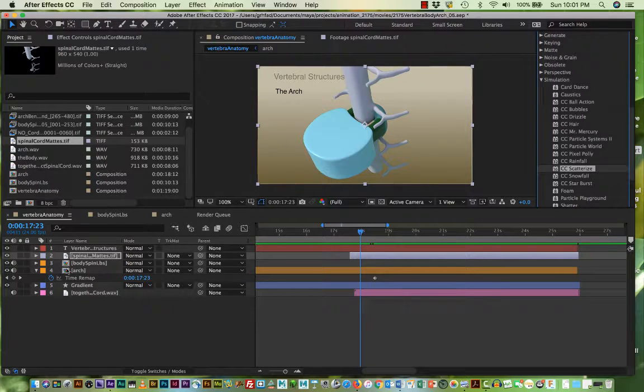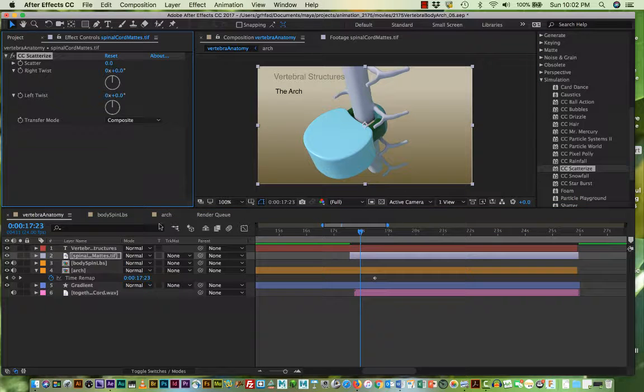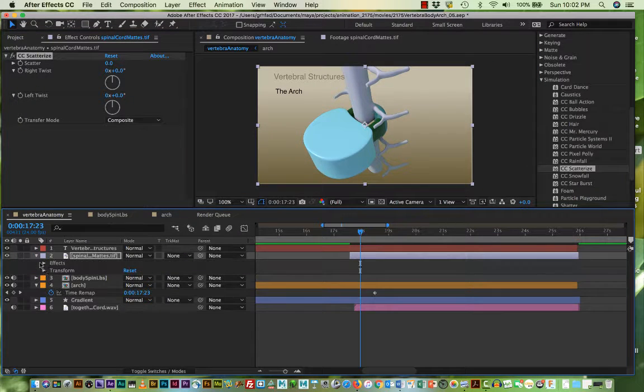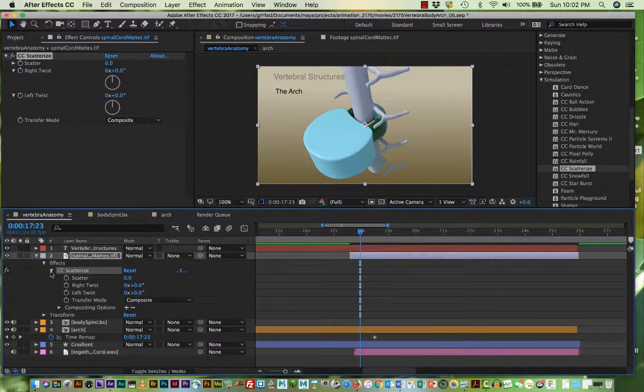Now, what I'm going to do is make sure my layer is selected. In this case, it's called the spinal cord mat. So with it selected, I'm going to double click that Scatterize. Now it's been added. See, there's a whole new category of effects. And all the things you see up here, which are controlling this effect, are also inside here, right under the